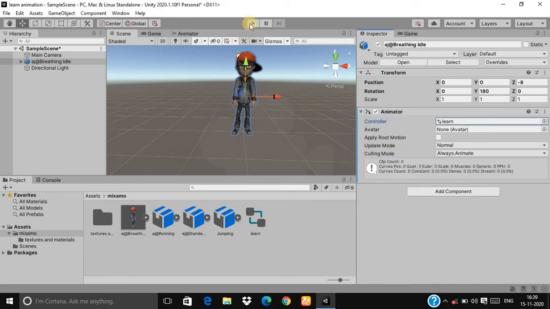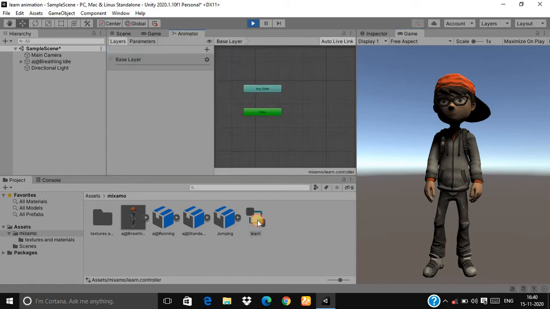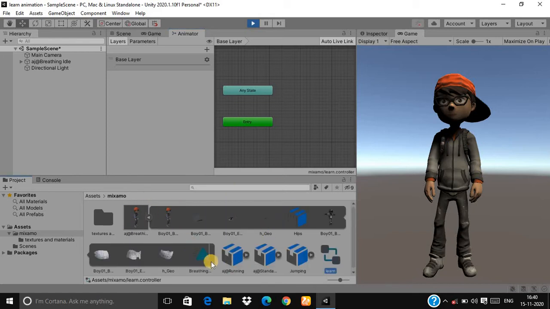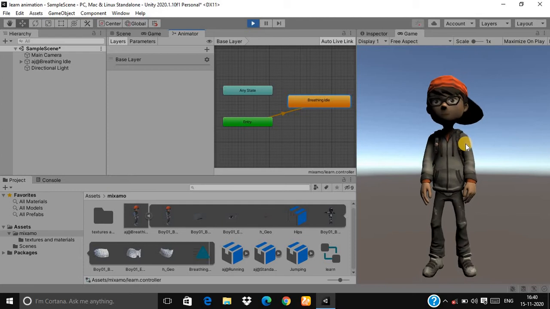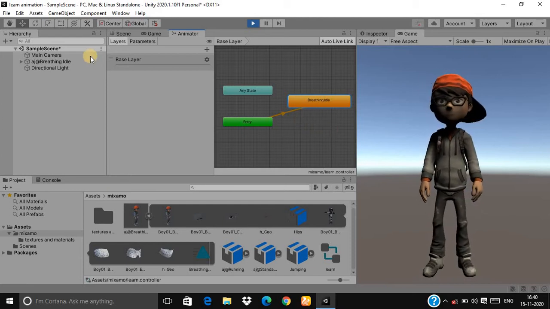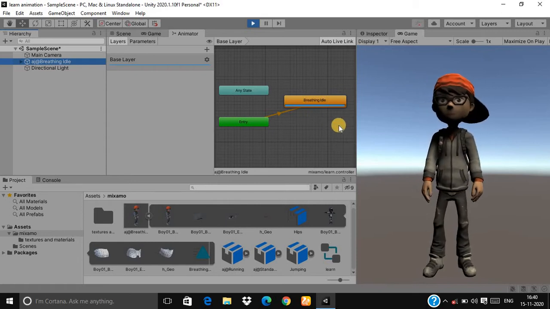This is our controller. If we hit play, we will find animations are also not playing because there is no animation in our controller. Just if we open the controller, this is our controller. So animator controller is open. To attach animations to our player, we just need to expand. Here they are. This is our animation, breathing animations. Just open and drag and drop, and you will find now animation is playing. Okay. So if we hit click, this is our animation is playing.